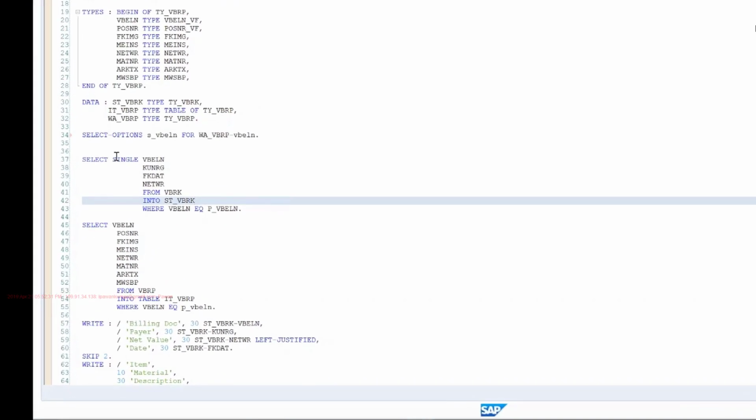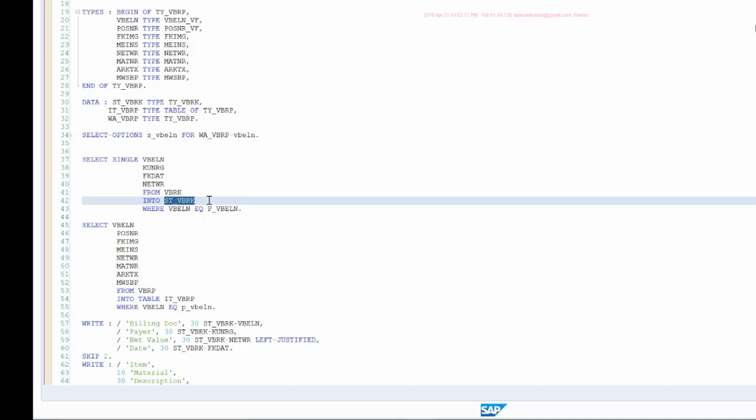Earlier we were using a structure to select the header data, because if you give only one document number, then per document there is only one record in the VBRK table, because that is the complete key of the table. But right now the situation is different. The user will be giving multiple documents. So when I query VBRK, it will return one entry per document.